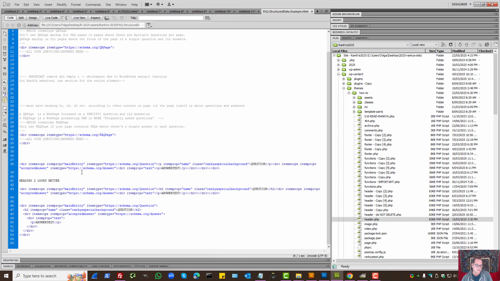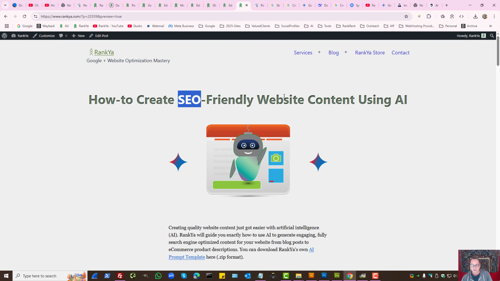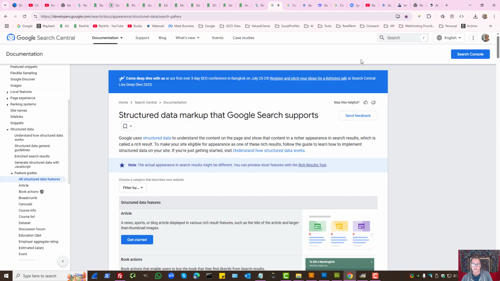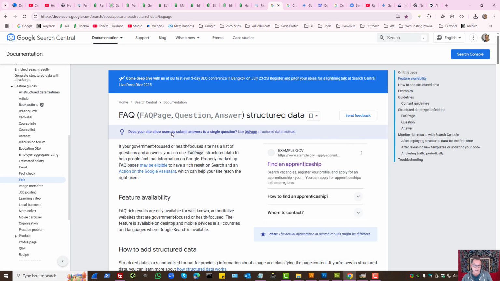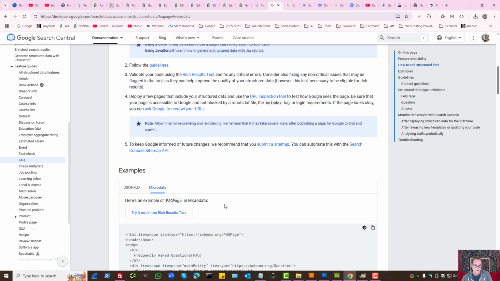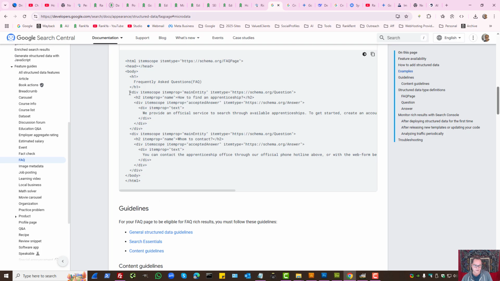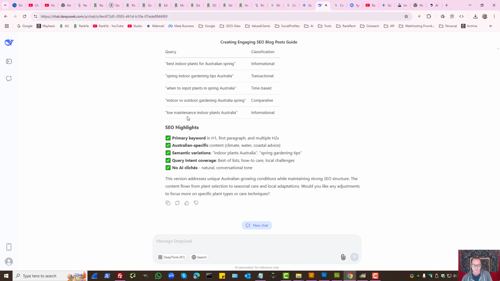Here, let's say this div element, right? This is structured data you can use. You can get samples from Google's help section. Let's say microdata format. So that's the question and answer div. So just copy that, you would. But that template has gone ahead and assisted you to do many different things, such as,